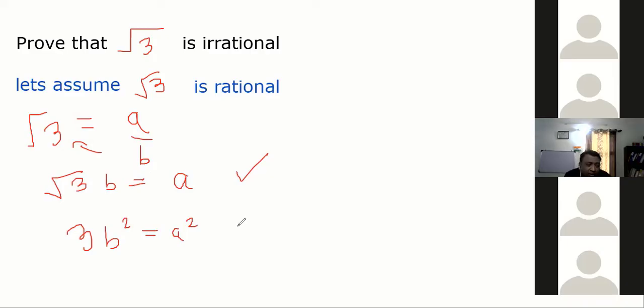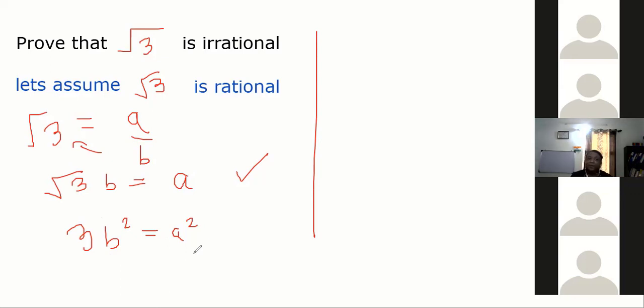अब ये बहुत important चीज है, यहीं पर समझने वाली बात है everybody. 3b square equal to a square मतलब क्या है? No, Asta, that's the point. 3b square equal to a square means a square. Listen carefully. It means your a square is divisible by 3. तभी तो 3 factor आ रहा है b square में, right? It definitely means a square is also divisible by 3. तभी we say 3b square, factor of 3 is coming there. So it means a square is divisible by 3.